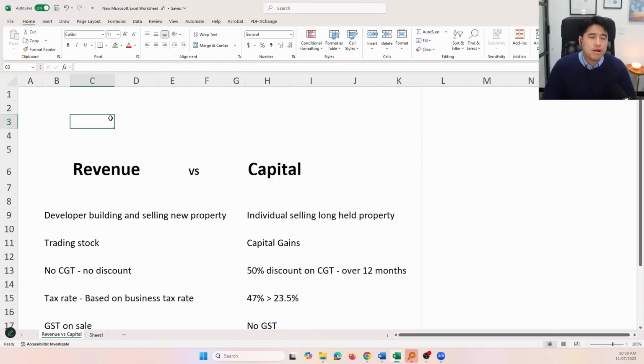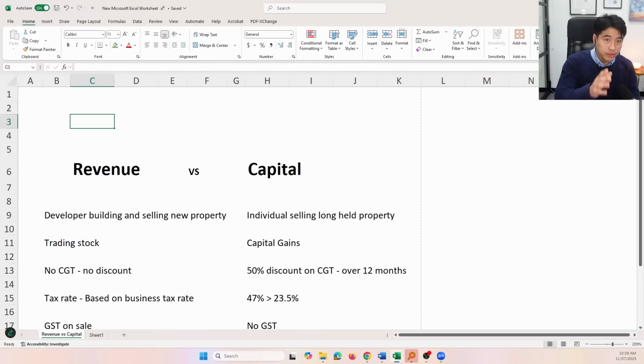Let's get into it. When it comes to property development, you need to understand the intention of what you're doing. People don't understand that when they buy a property, there's a difference between investment versus development. Development is when you're building something, you're knocking it down, you bought a piece of land, or a piece of land with a property on it, and your goal is to knock it down and rebuild and build a new property. So there, the ATO classes that as development.